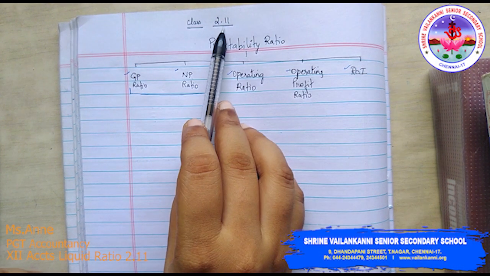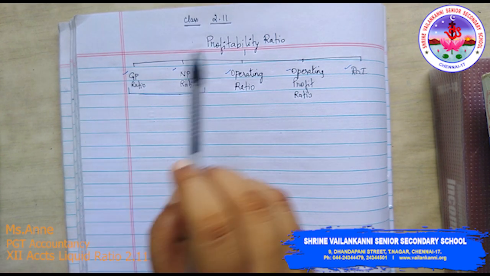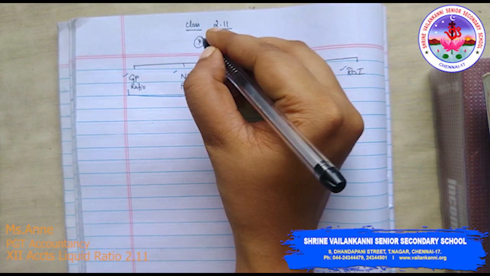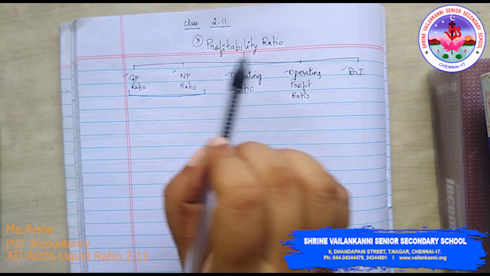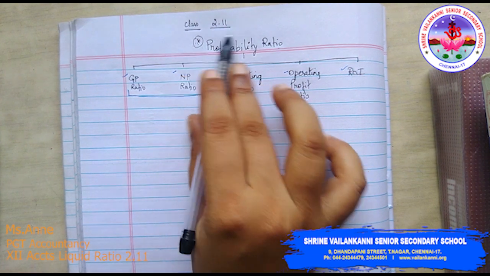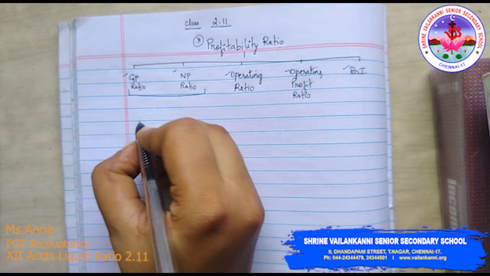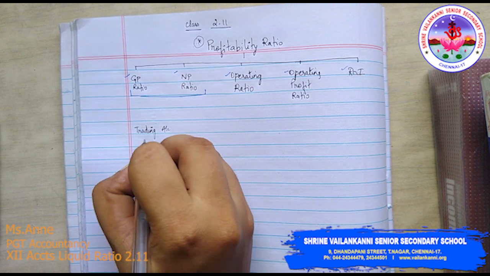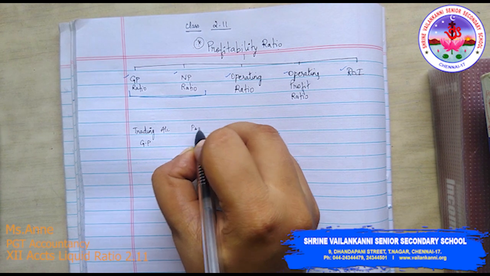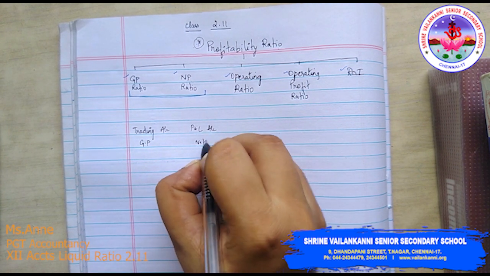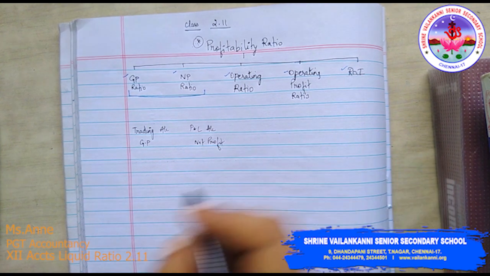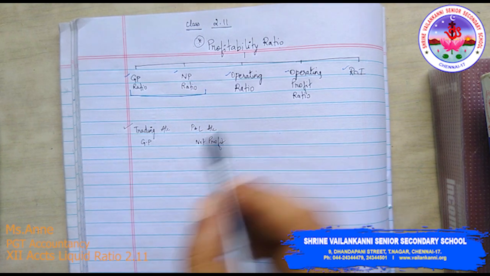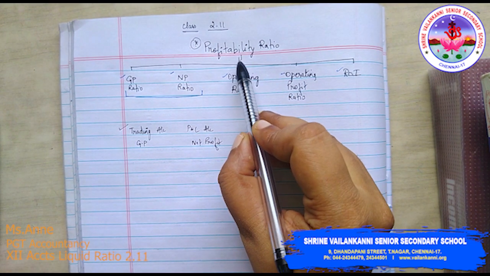This is the 11th class of ratio analysis. Today we are going to discuss profitability ratio. This is an important ratio because it analyzes the profitability position of any business. Now, where do you find profit? Profit you can find in trading. Trading account will give you the gross profit. P&L account will give you the net profit. With the trading account and the P&L account, we will analyze what is the profitability position of